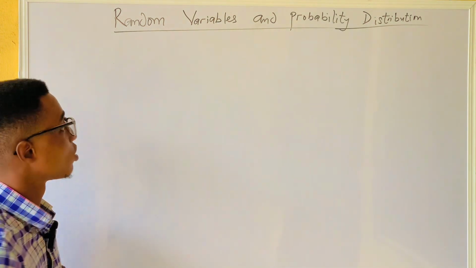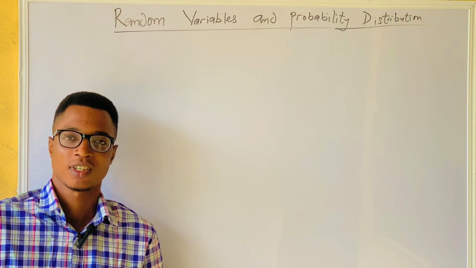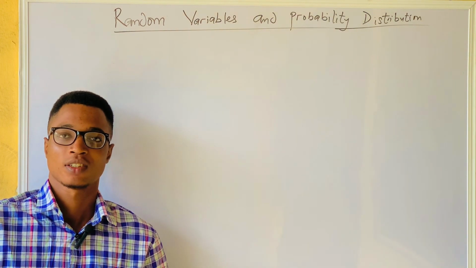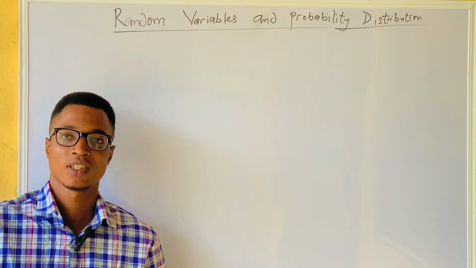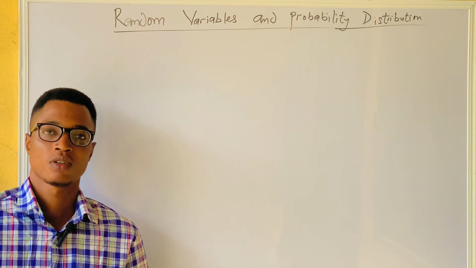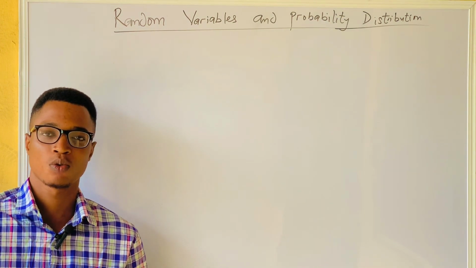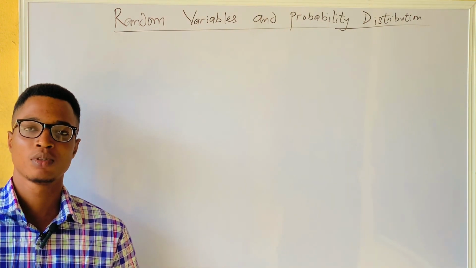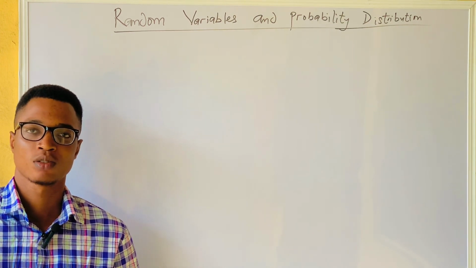Today we'll be talking about random variables and probability distribution. A random variable is also known as a stochastic variable. It's a mathematical formalization of a quality or object which depends on a random event. Also, a random variable is a numerical description of the outcome of a statistical experiment. In other words, we can define a random variable as a function that assigns a real number to each outcome